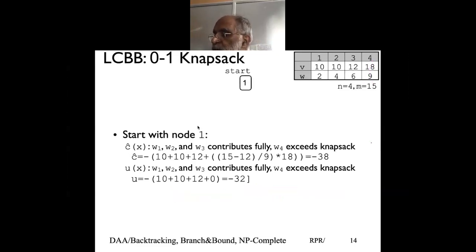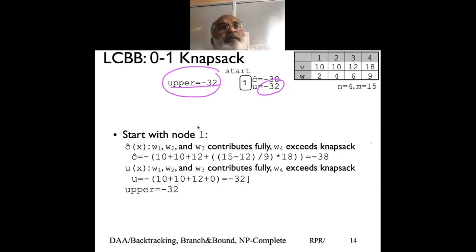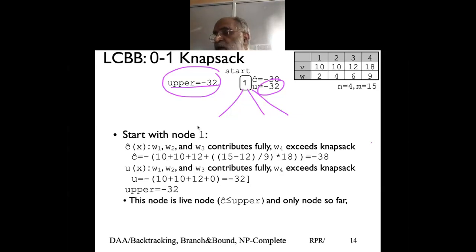So for my first node, and this is the first time I'm doing it, I'll set my upper also to minus 32, because this is lower than the earlier value. If I start with upper as infinity, this is the lowest I got, so my upper is minus 32. That means tree wise, this is the upper bound on the cost. I can reduce the cost, but certainly if I follow this approach, I cannot do less than that as of now. And as we explore the nodes, if this value decreases, we'll follow that. But I know currently, without exploring, I have an upper limit on my cost. It can go down but not go up because it is a negative value.